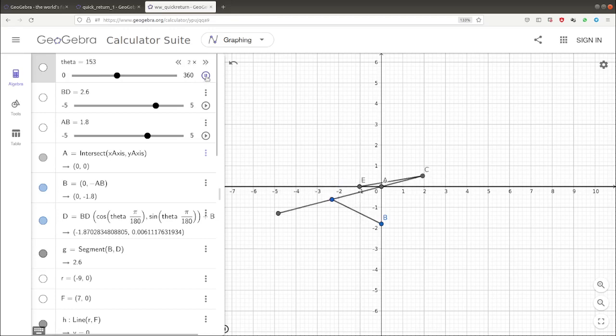That you can notice here. See, so that's the benefit of the Whitworth quick return mechanism.